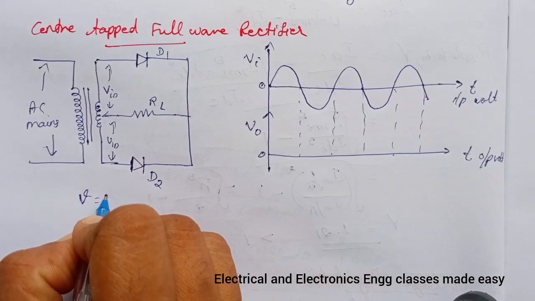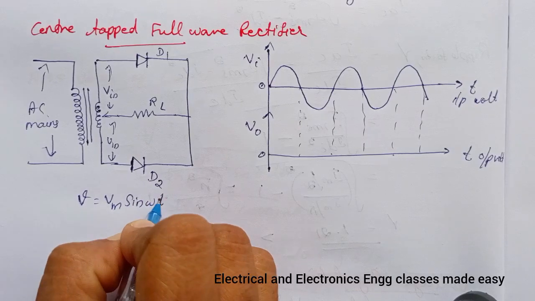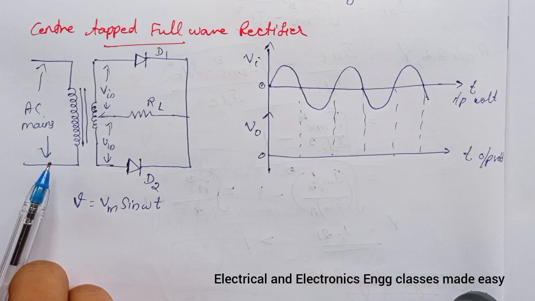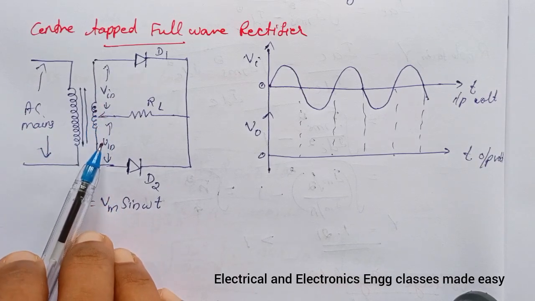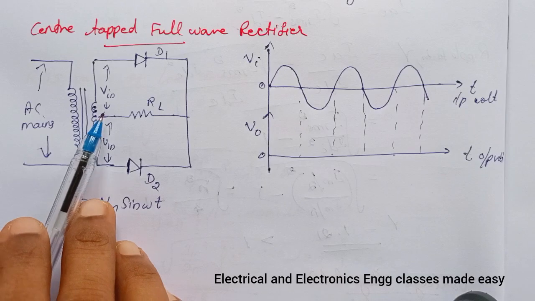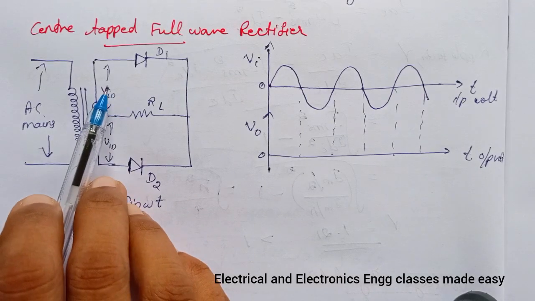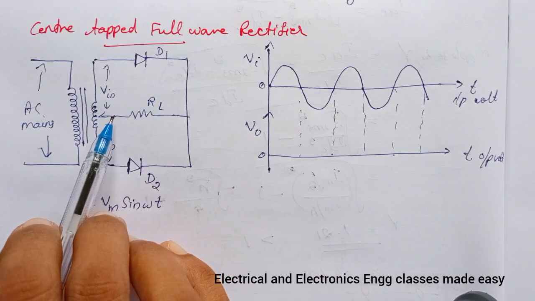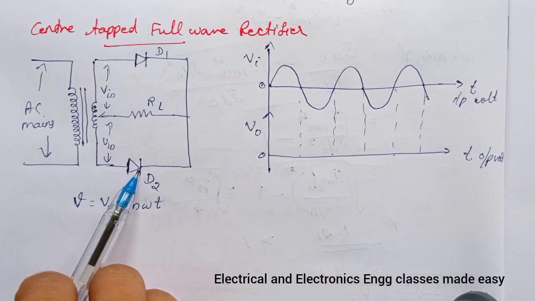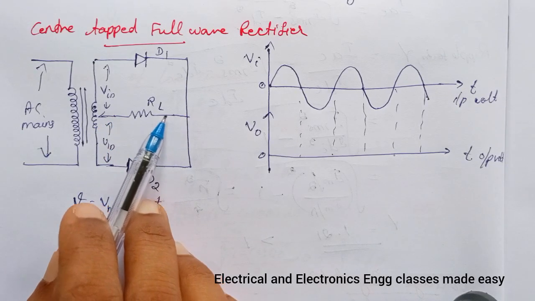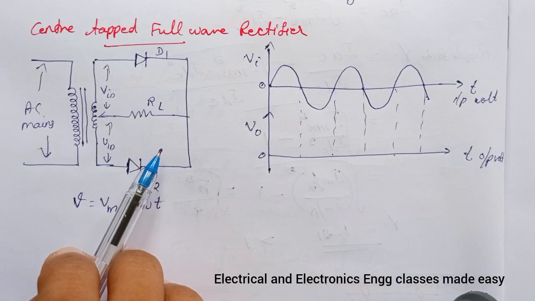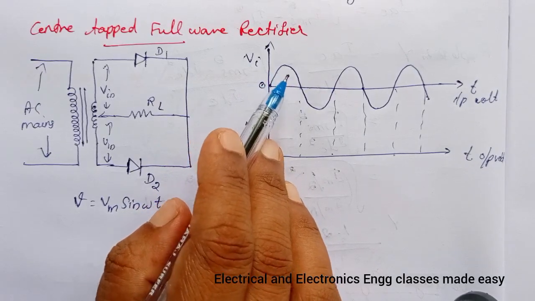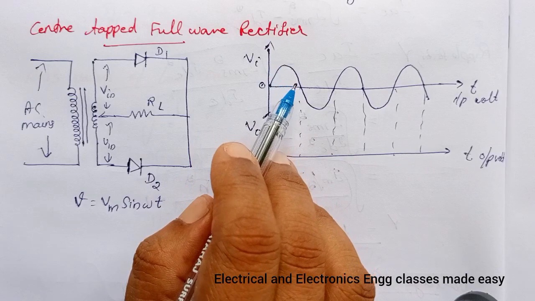Let V equal to Vm sin omega t be the instantaneous sinusoidal voltage of frequency 50 Hz appearing across the secondary coil. The secondary voltage is split into halves. One half appears across D1 in series with RL, the other half appears across D2 also in series with the load resistor. During the positive half cycle of the AC input,